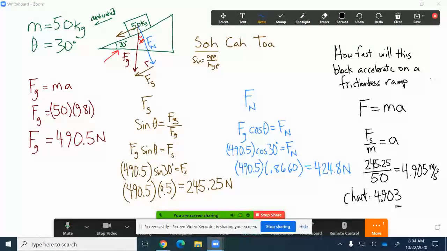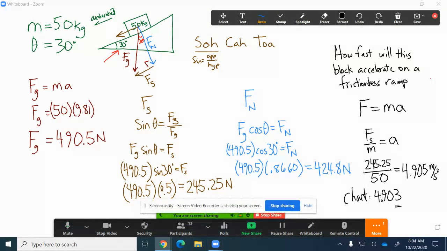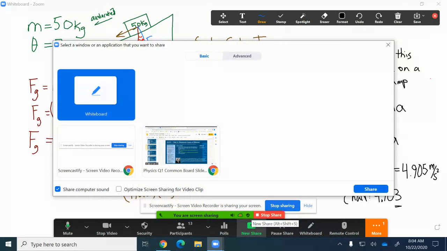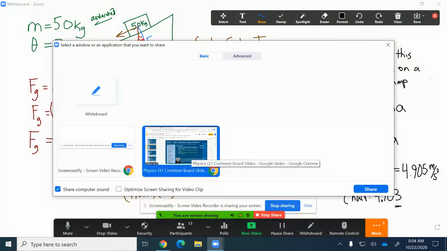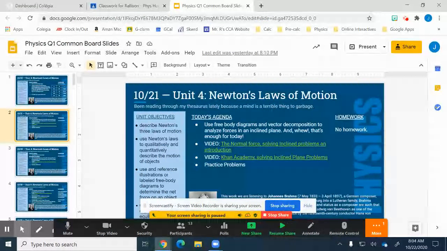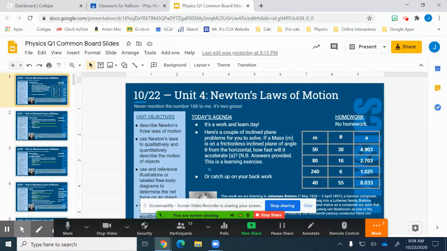So that's the video. I'm going to go back to the other screen just to double check, because I already wrote one number wrong. Let's see. All right, 4.903. Yeah. So there it is. I'm going to stop the video now and